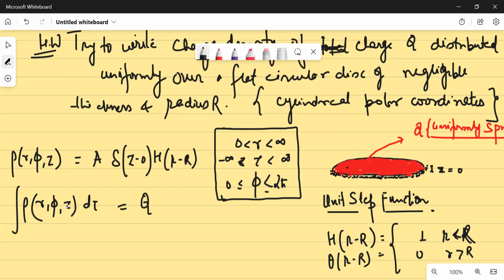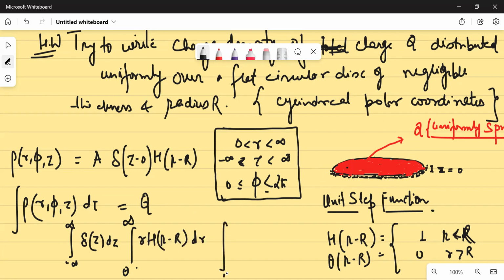So total charge will be rho r d phi d tau, z would be minus infinity to plus infinity. You have Dirac delta of z dz, then 0 to infinity, your Heaviside function of (R minus r) dr, r also is there, and then you have from 0 to 2 pi, your d phi, and then you had this A, and then you had this total Q. Is that clear? Did you get the point? Rho, phi, dz,